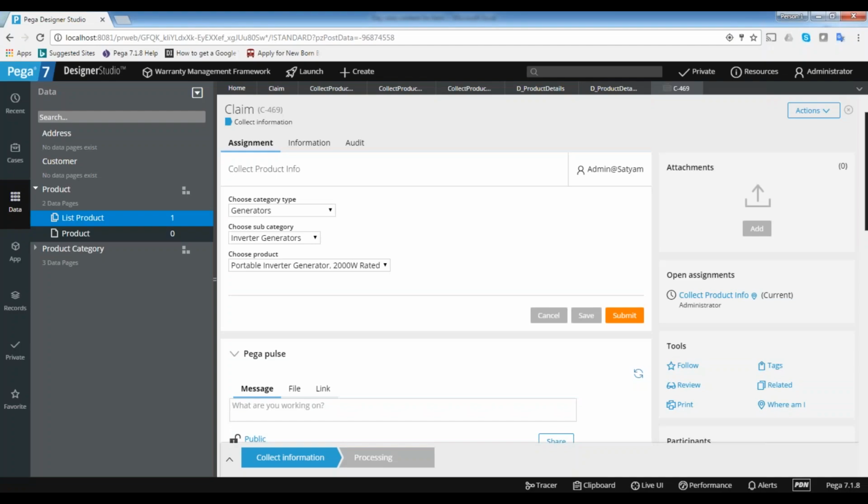Just to make you more clear, a requester is nothing but a user. So here I am the user. As a user, I can create any number of work objects, but only a single copy will be maintained. That means the memory will be properly utilized if the data is reusable.